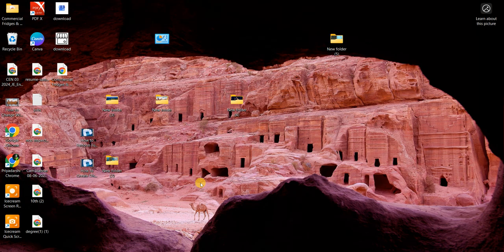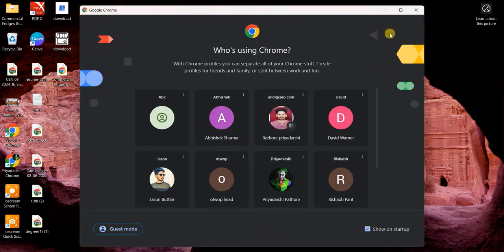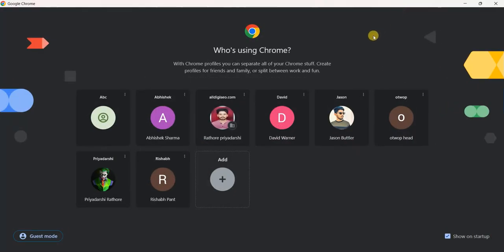In this video I will show you how to use Chrome Flex for hidden features. So let's get started. First of all, you have to open your Chrome browser, then select your profile,